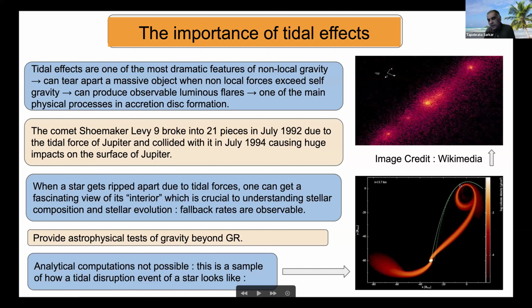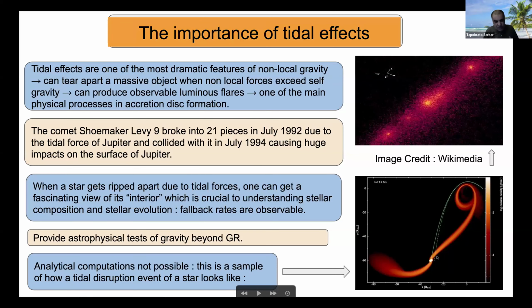So this is in a parabolic orbit. And when it gets tidally disrupted, some part remains, which you call the core, and some part is getting accreted by this black hole, which you see as this circular thing. And therefore, you can imagine that no amount of analytics is really going to help you over here, because this is a real-time dynamical process where things are getting disrupted.